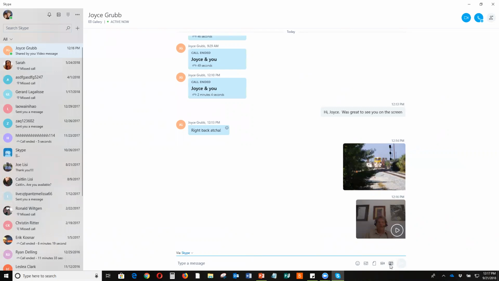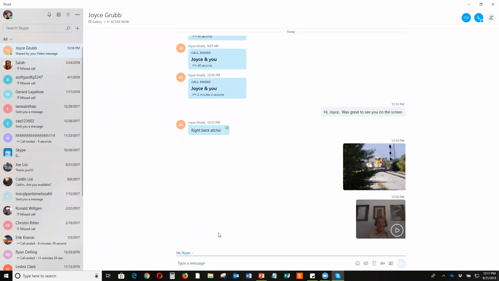Also down in the corner, beside the video, there is a place where I could send her my contacts if I wanted to do that. I'm not going to do that right now, but I could send my contacts if I wanted to. Then that's all things that you're doing through Skype that cost you absolutely nothing monetarily. Cost you some time, but that's what you got to do if you want to do these things. But you do all that for free.